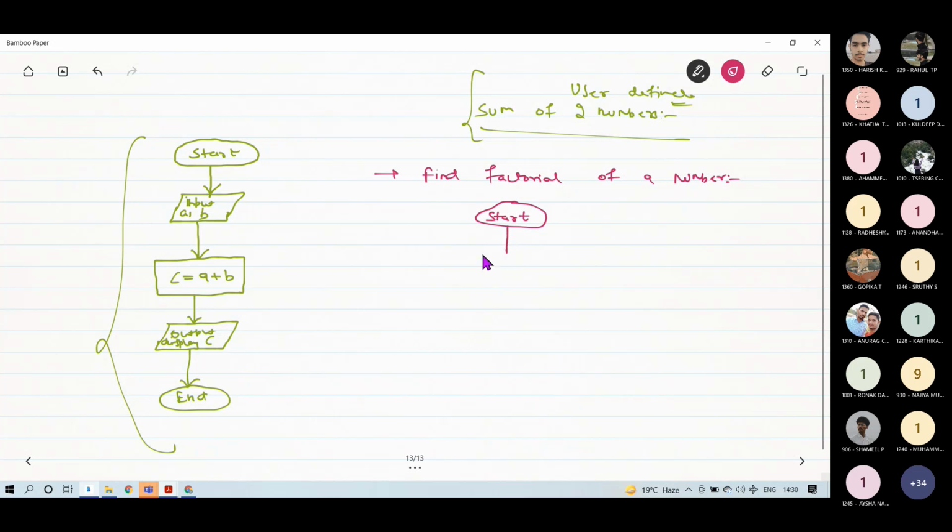I will define a variable. If you remember that program, I have defined the variable factorial as 1. That initialization of any variable I have to write in this type of rectangle box. Then I will take input from the user up to which number you want to find the factorial. I will write this in a parallelogram, input n, let's say.